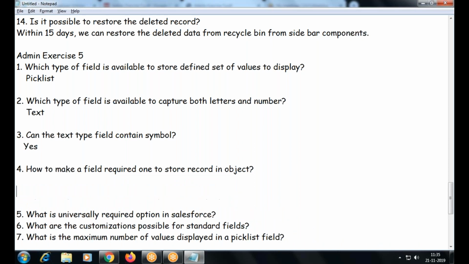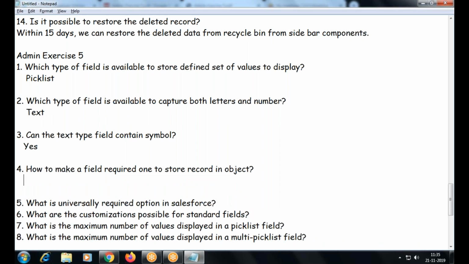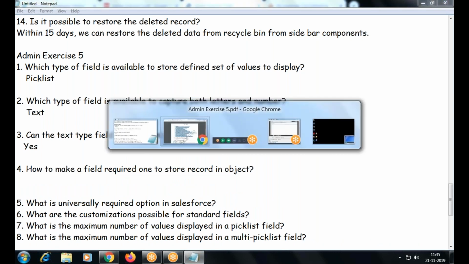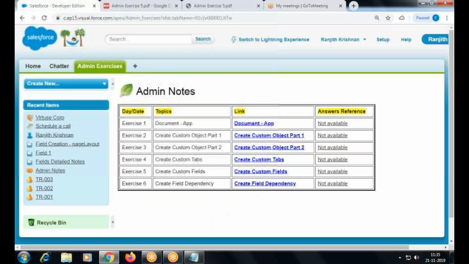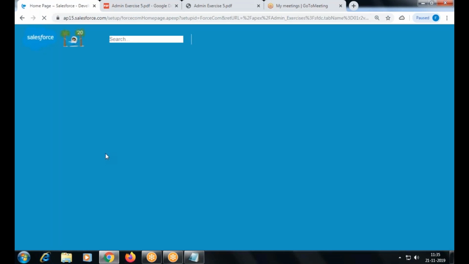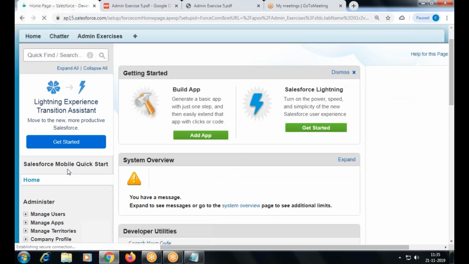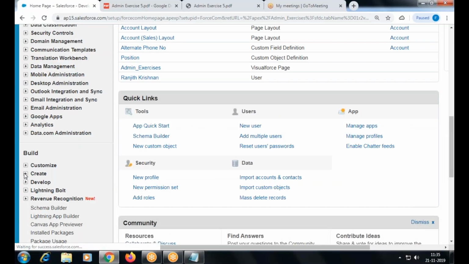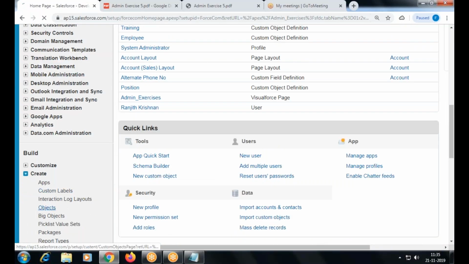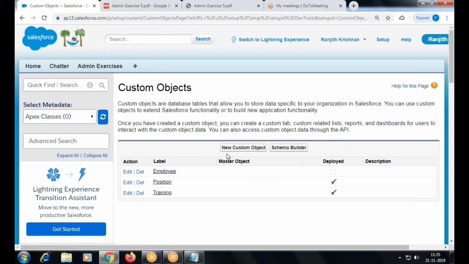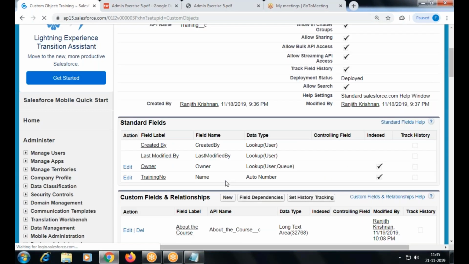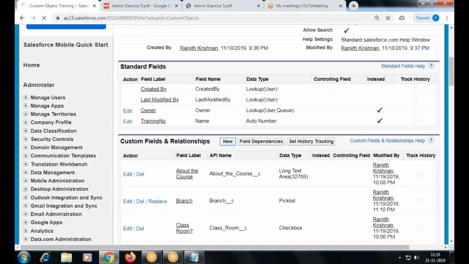How to make a field a record field? You know about record field, right? Go here, Object, New.